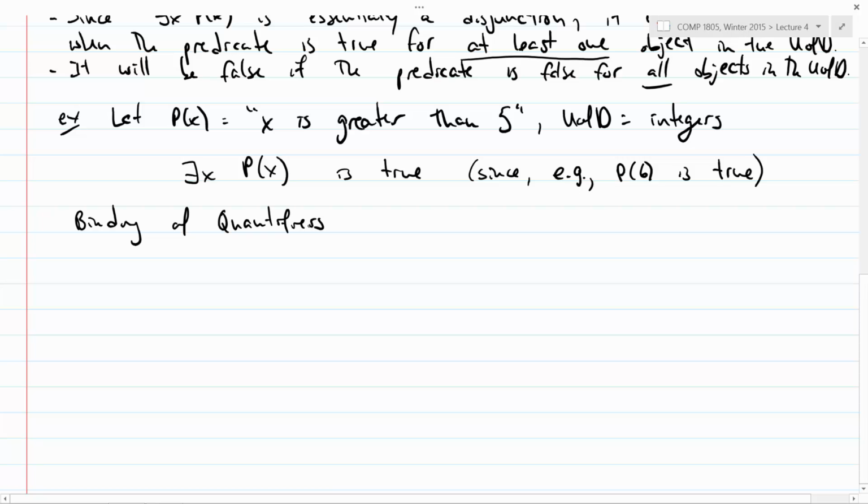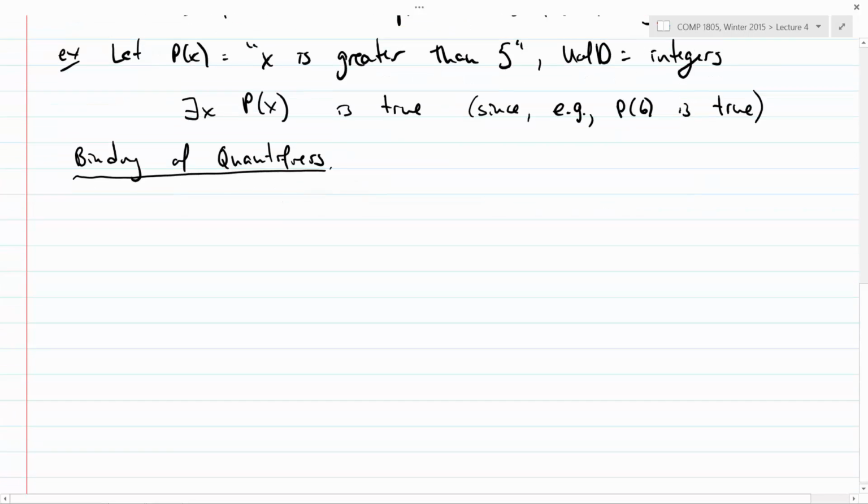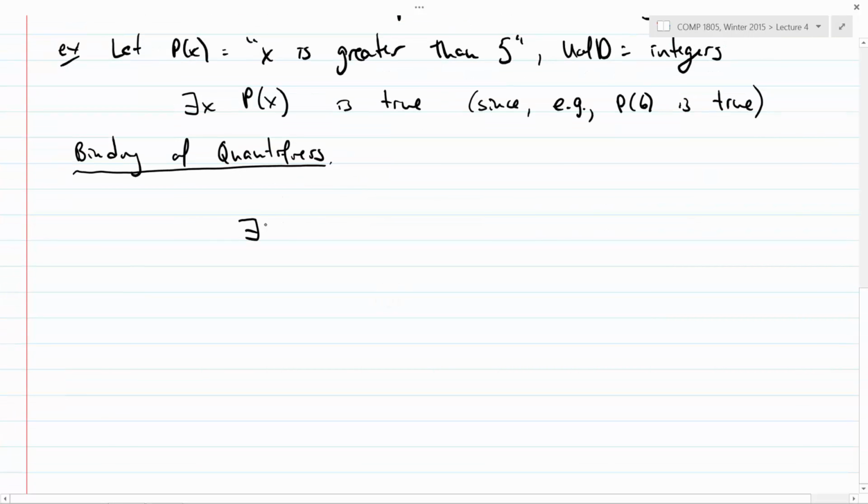And this is important to understanding how to write things out. So just like negation, quantifiers apply to the smallest complete thing after it. Remember we said last week that negation binds very tightly. So too do quantifiers. So as an example, if I wrote down exists an x such that px and qx,